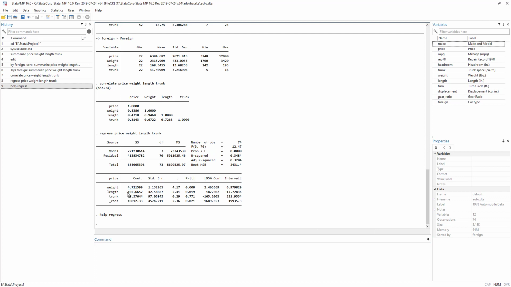Length: if length was in, say, centimeters, then we would say for every 1 centimeter increase in the length of a car, the price would decrease by $102. And say trunk was the trunk size. For every unit increase in the trunk size, the price of the car would increase by $28.